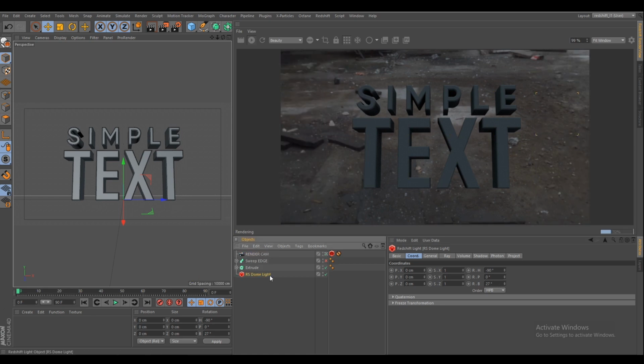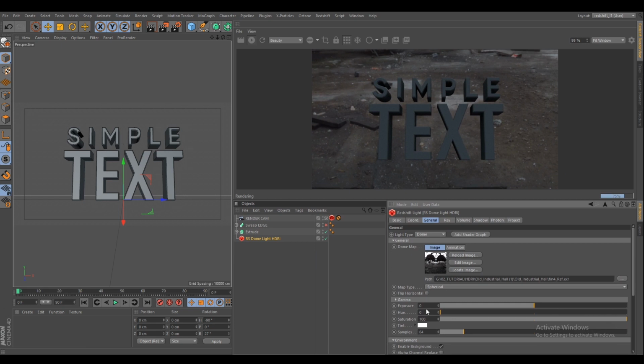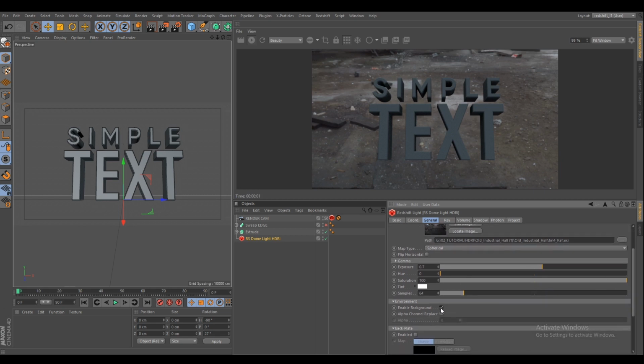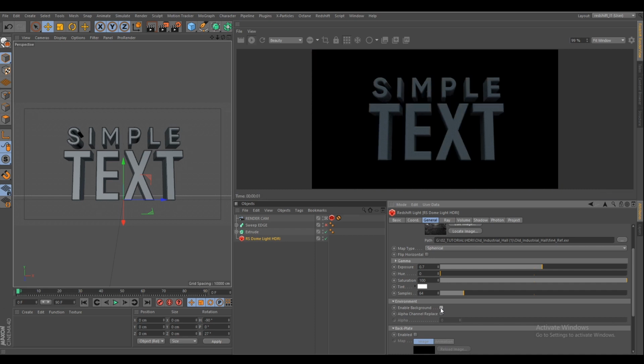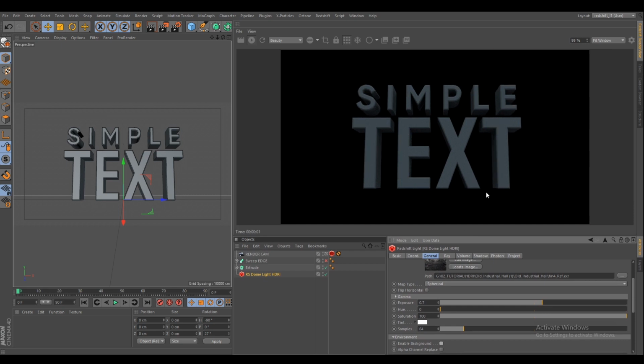And I want to rename it. And I want it a little bit more brighter, maybe just point, yeah, that's much. And I don't want this background, it's disturbing. Okay, so this is the overall HDR setting, that's all.